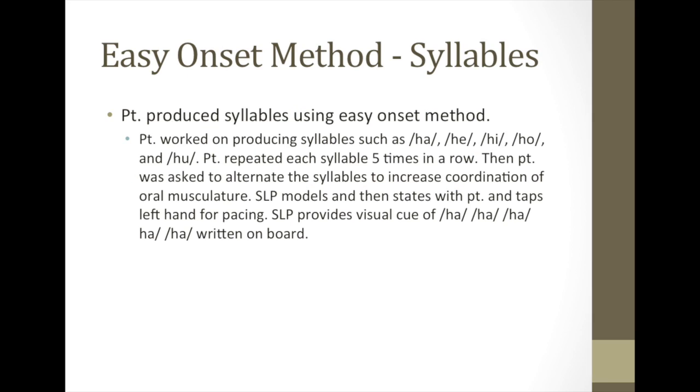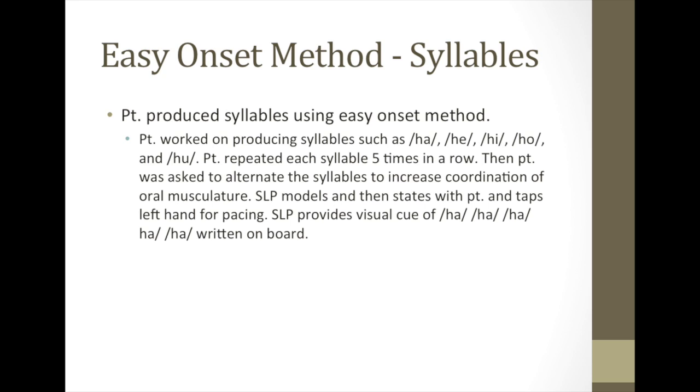Once we have worked on hard glottal attacks and they're able to do it voluntarily on cue by me counting 1, 2, 3, cough, without the visual model of the SLP, then we know that the patient is able to adduct their vocal folds voluntarily. Now we would try and work on the easy onset method of producing syllables such as ha, he, hi, ho,